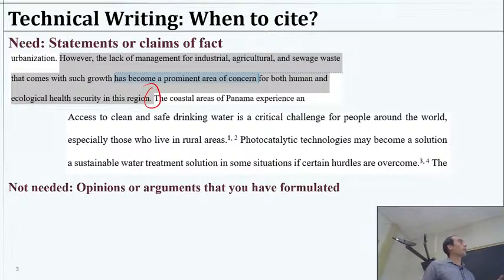Now, unless this person has studied this themselves, gone to that region and talked with people in that region to understand there's concern, or gathered data in some way, specifically relating to the growth causing concern for human and ecological health security, unless that person has done all of that or has provided that contribution themselves, this here is plagiarism